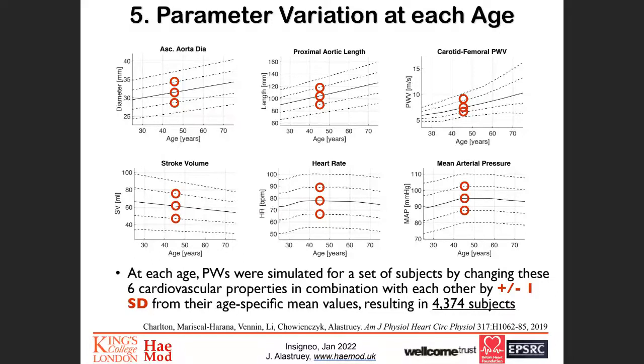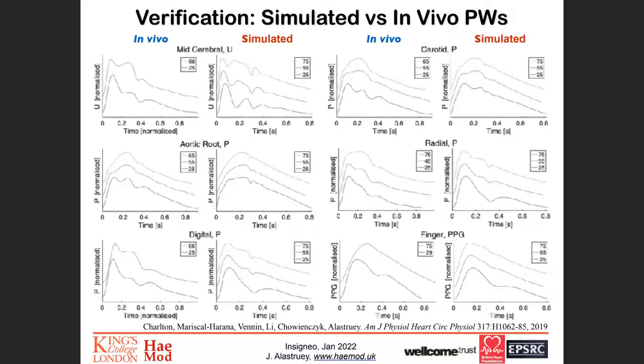The next step is to really do a review of the clinical literature to really understand how each input parameter to the 1D formulation changes with aging. And so here you have all the input parameters that we look at. So basically all the parameters that we need for the 1D formulation. And in solid lines, you can see the mean value of the parameter for different ages. And then in dashed or dotted lines, you can see plus and minus 1 and 2 standard deviations from the mean. So that gave us a good idea on how to change parameters to really simulate a big data